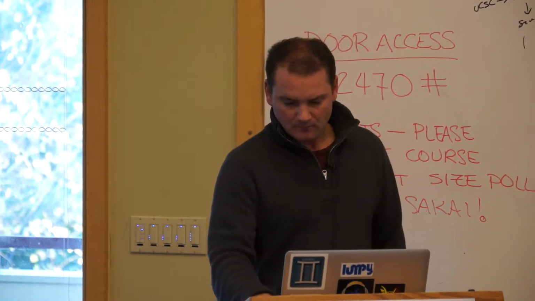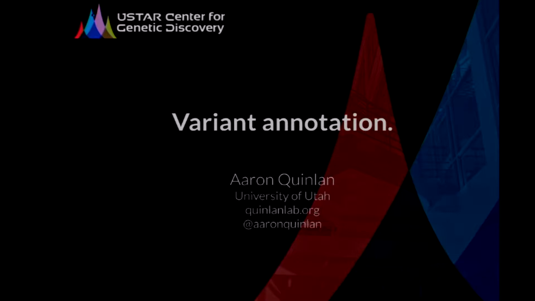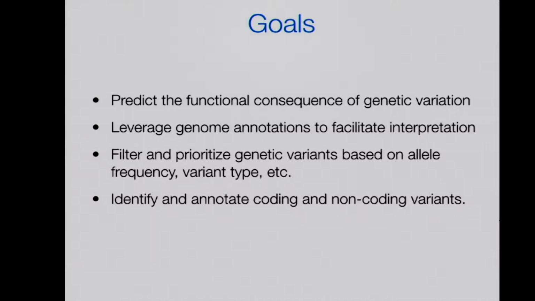This is typically called variant annotation or variant prioritization. So prioritizing variants effectively depends upon annotations. We're going to use some software and understand some of the fundamental concepts behind predicting the functional consequence of genetic variants. We're going to leverage the genome annotations that I talked to you about last night to do this. And then we're going to use some strategies both before dinner and after dinner to filter and prioritize